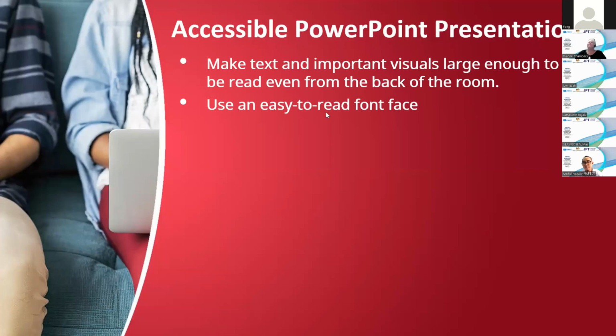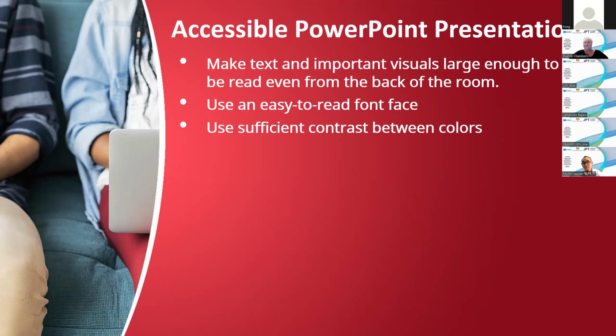Okay, so with an accessible PowerPoint document, you need to make sure that the text that you're using on your particular PowerPoint is going to be large enough to be read at the back of the room. When my students do presentations, one thing I do, which they hate, is I sit at the back of the room. And I know if I can't see their presentation, they're marked down as a result. Okay, so they're told in advance, can't do much more than that.